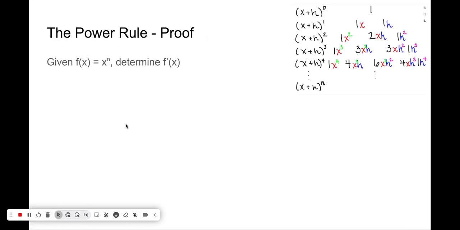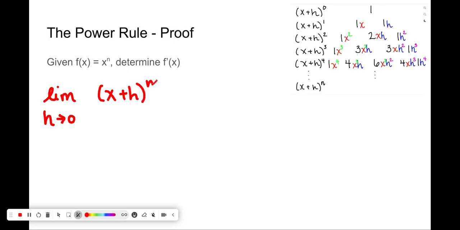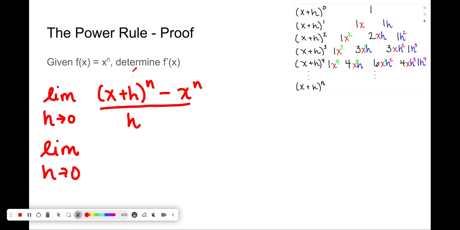So let's use that to do our expansion of our limit definition of the derivative. So I'll just write that again. We have the limit as h approaches 0 of (x plus h) to the n power minus x to the n, divided by h. And what we're going to have on our first line here is the limit as h approaches 0. And as we just expanded on the previous screen, we're going to have 1 x to the n